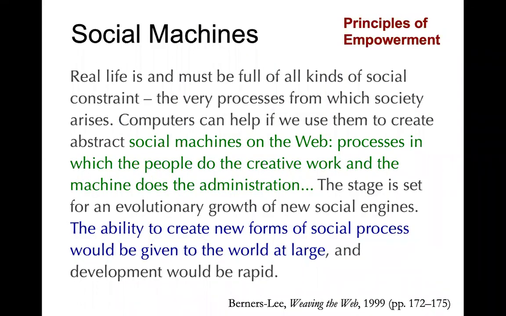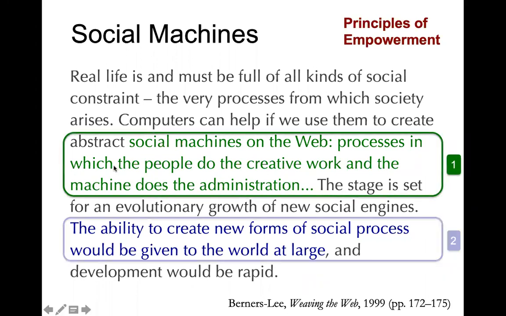We also have these so-called social machines. Social machines means that machines really empower humans a lot. They're not replacing humans, they're empowering humans in what we are doing, and they're assisting us a lot. They're also able to process this huge amount of data to help us make decisions. So this is another application of this data. And it's actually able to create some new types of social processes and to impact the world, right? So you can read about social machines in one of these articles. You can see the reference at the bottom.